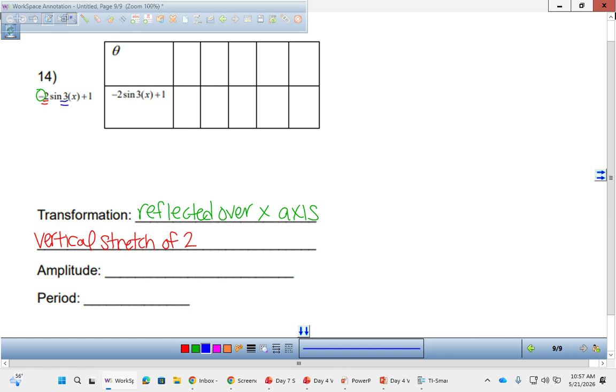The 3 is the speed of the graph. It's a 3x, right? So if a regular linear graph is x, the 3x is steeper. It moves at a quicker rate. So this graph is going to move at a quicker rate. And if the curve moves at a quicker rate, the period that it takes to finish the race shortens, right? It gets done quicker. So shortening it is called a shrink or a compress. So even though this is a whole number like the 2 is, this one is called a compress and that one's called a stretch. So this is a horizontal